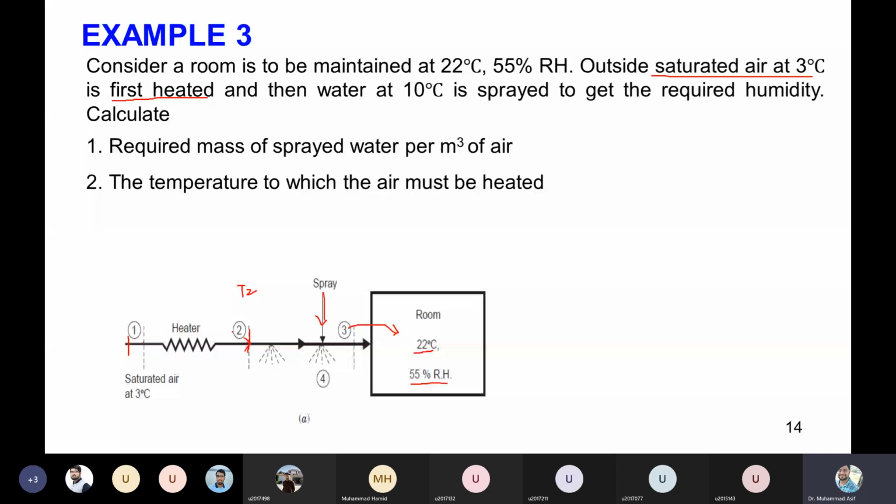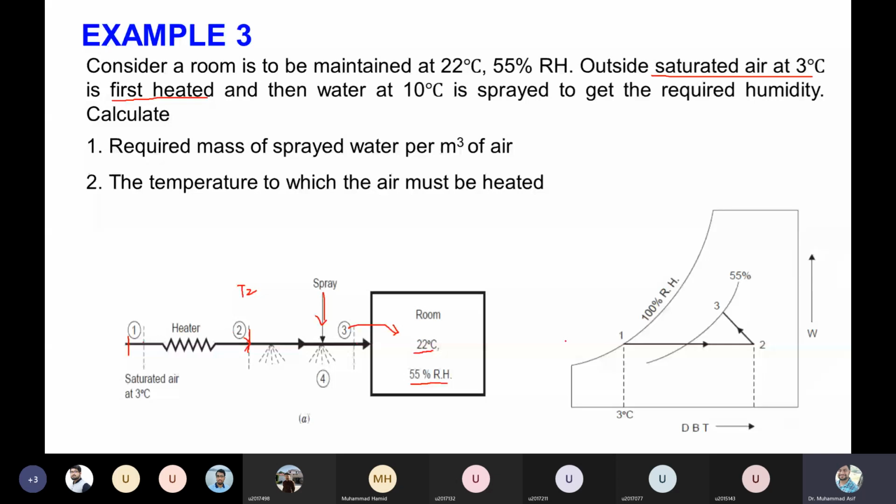So let's try to draw on the psychrometric chart. On the psychrometric chart, condition 1 means the air is saturated, so 100% relative humidity and the temperature is 3 degrees C. So that can be easily located. Whereas the room condition, which is 3, we know the temperature is 22 degrees C and the relative humidity is 55%. So it can easily be located, but point 2 is not possible to locate because from 1 to 2